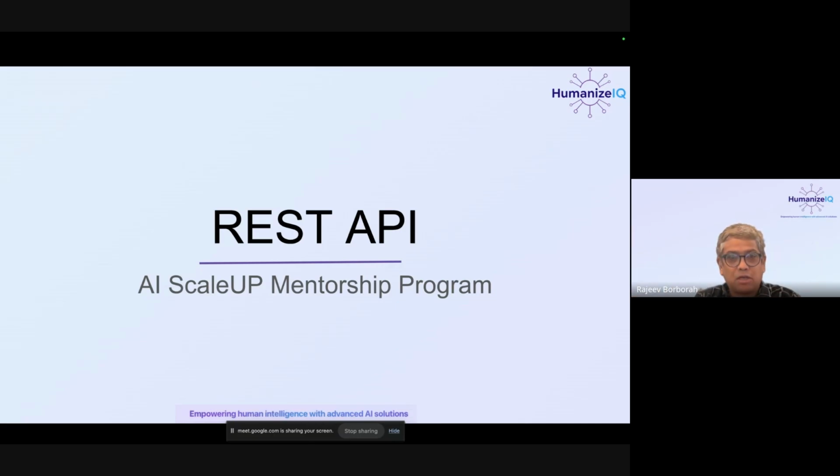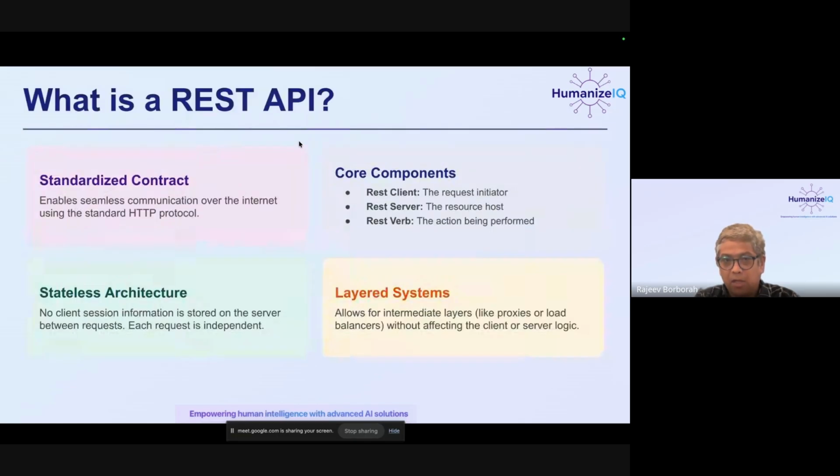So anyway, so REST API, all of it is correct. Basically, Ishan's full form is also correct, and what it is. But in simple terms, it is a way of communication. So if I look at REST API, it's one of the ways of communication between applications using a particular protocol, which is HTTP, which itself sits on TCP. TCP. What is a TCP? TCP is Transmission Control Protocol. HTTP is Hypertext Transfer Protocol. It's used on the web between browsers.